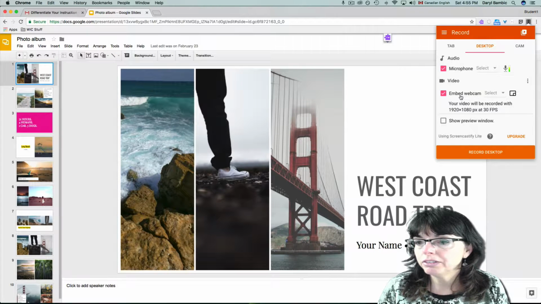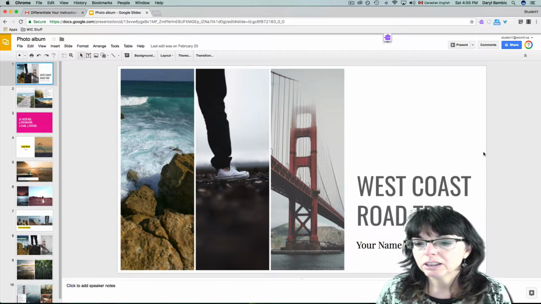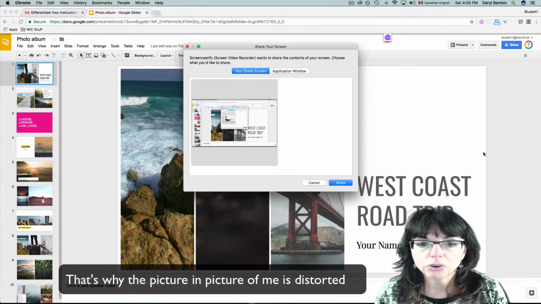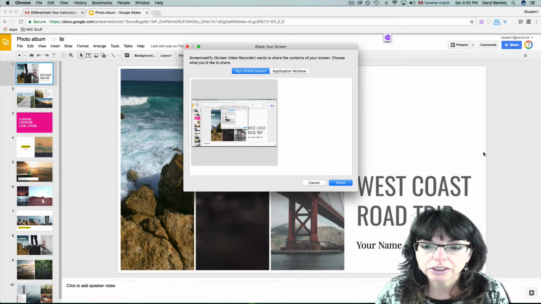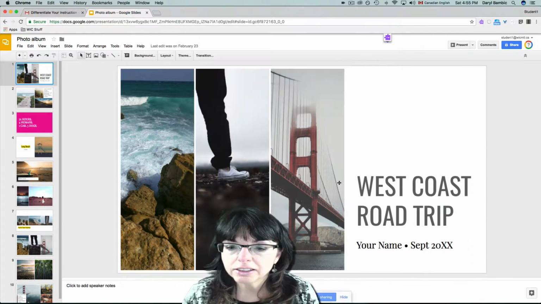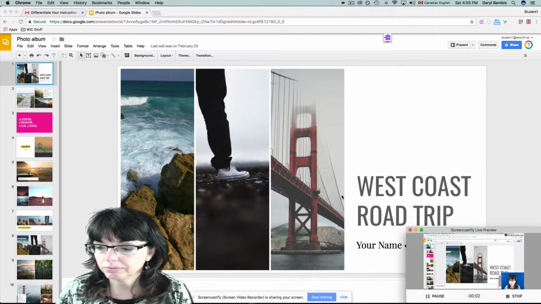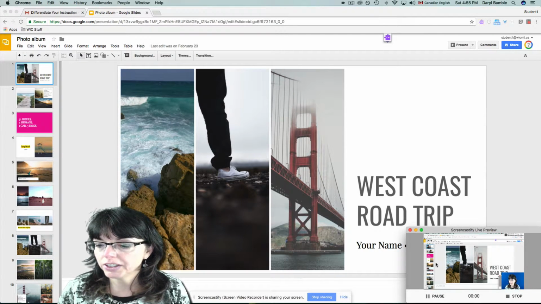So I've got embedded webcam. I like to have a preview window because it shows me when it's launching. So let's record the desktop. This might be a little bit funky because it's a recording of a recording, because I'm recording at the same time, so now I'm doubly recording. Click to share, and the minute you see 2, 1. All right, well, there is the